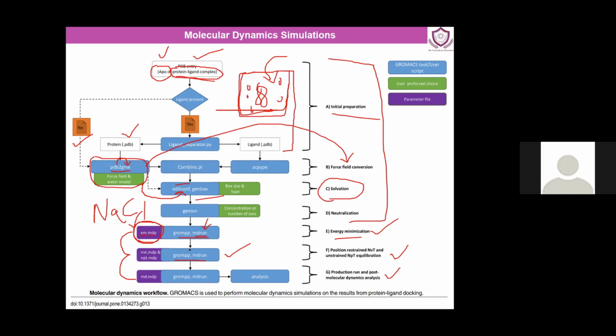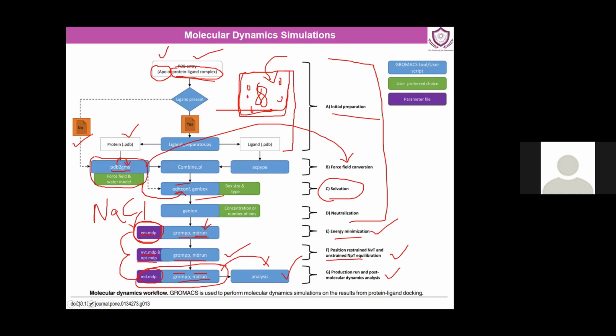equilibration part over here, wherein we have nvt.mdp, that is the volume temperature parameter file, and then we have a pressure temperature parameter file. And after that, when the equilibration is done, our system is prepared, our system is stabilized at a certain temperature, at a certain density, at a certain volume and pressure. Then we go for the final mdrun command. So this is the final mdrun command parameter file. Again, the same set of two commands, grompp, that is the GROMACS preprocessor, and then the final mdrun. And after the simulation run is completed, we take the trajectory, we process it, and we go for analysis.